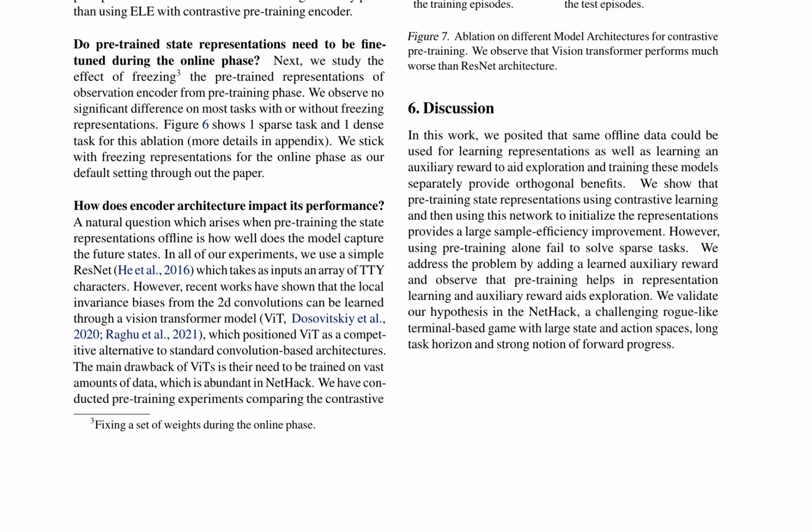The discussion highlights the key findings of the paper, which demonstrate that pre-training state representations using contrastive learning and then using this network to initialize the representations provides a large sample efficiency improvement. However, pre-training alone fails to solve sparse tasks, and the addition of a learned auxiliary reward is necessary to aid exploration. The results validate the hypothesis that pre-training helps in representation learning and auxiliary reward aids exploration in the challenging